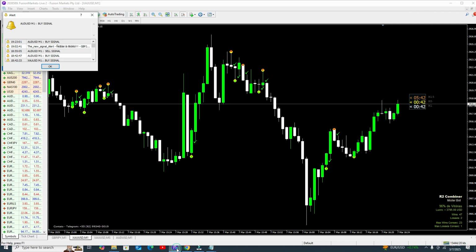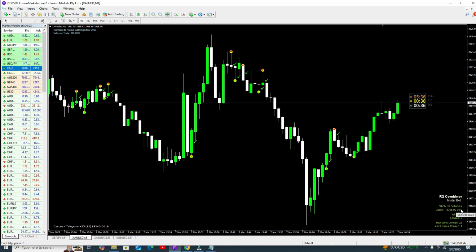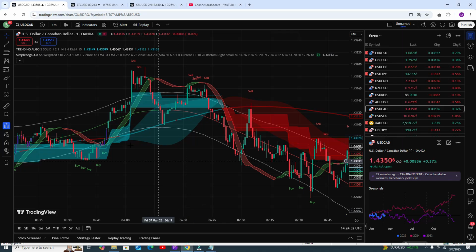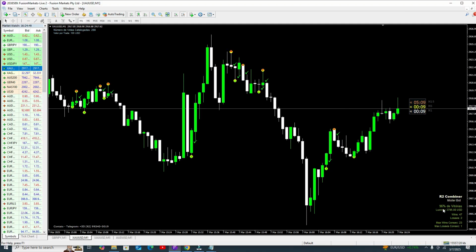If you need my MT4 system for binary option trading, you can see the alerts are available, and accuracy is 96% for this binary option. This is only for binary option trading, but this TradingView indicator you can use on all time frames, in all markets. Whether you are trading forex, crypto, indices, or stocks, this indicator works on all time frames, all markets and all pairs. If you need my TradingView indicators, this system gives you accuracy of 96%.